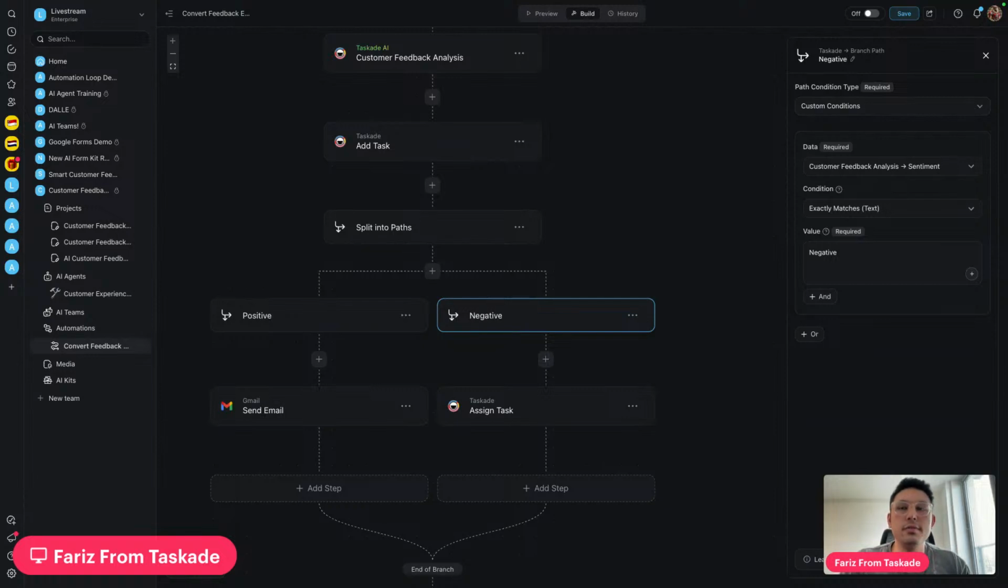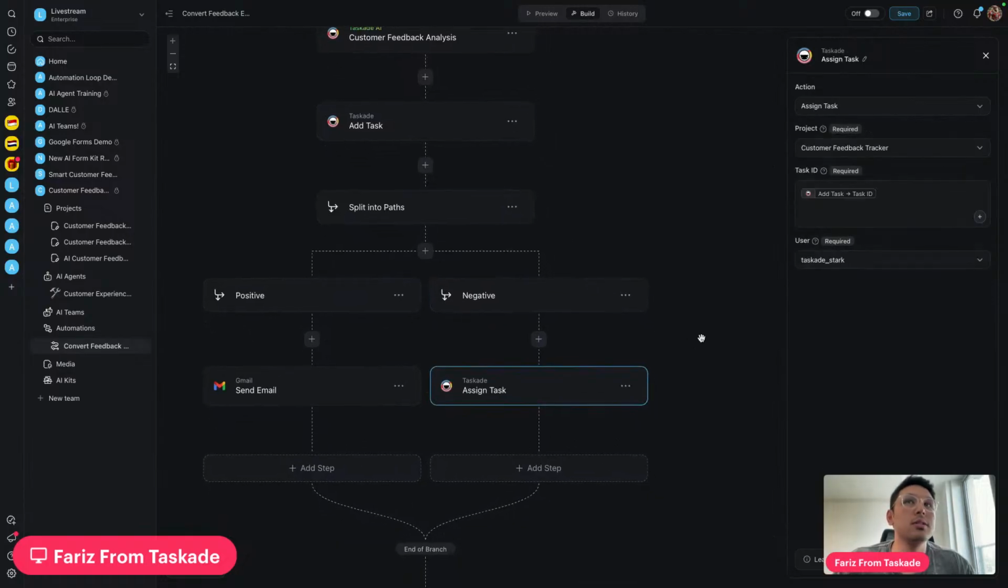Okay, so negative, I think, is where the most important step is, because you can just run the automation, and if everyone has a good time, that's good. But if someone has a bad time, you want to assign it to an actual human to go and remedy the situation, and this is how you do it. Negative, so the customer feedback analysis, the condition meets negative, meaning, this guy didn't have fun. So what I do is I will